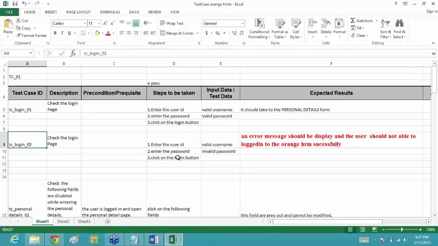Saujanya, according to the SRS that we have got, we don't know what would be the invalid password, right? Since you have written in the test data that we would give some invalid password. But there is no requirement given for what should go inside that password text box, whether it should accept characters, alphanumeric or special characters, or what should be the range. It is not specified anywhere in the document.